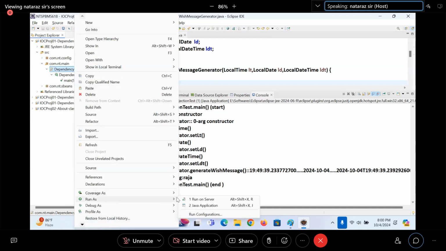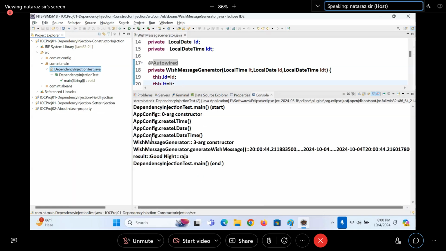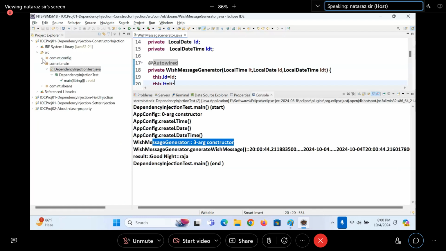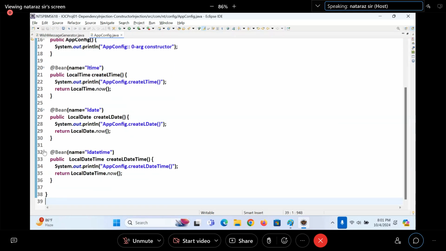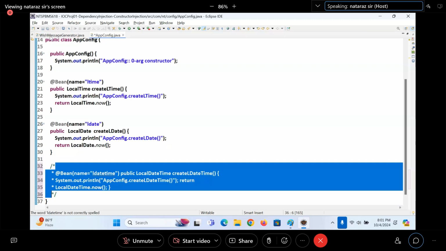Dependency injection test. Right click, Java application. See, the object is created for the target class by using the three-arg constructor. Let us assume I go to the configuration class and the last bean is not available, but required is equal to true.